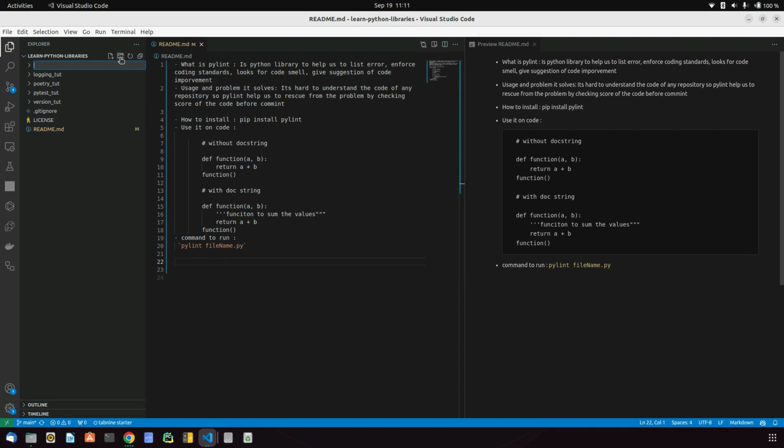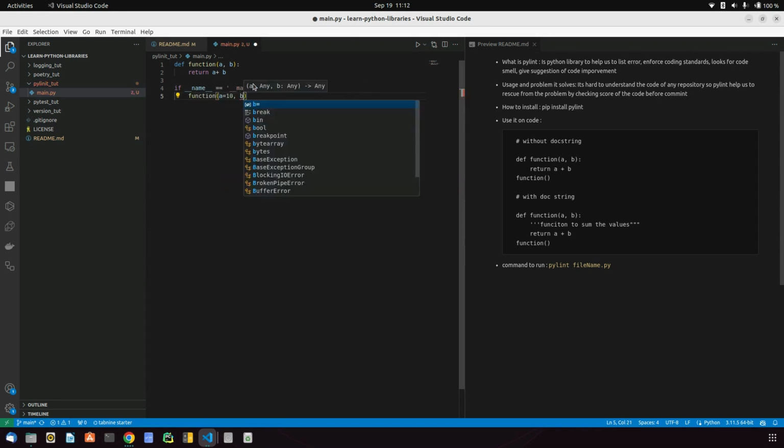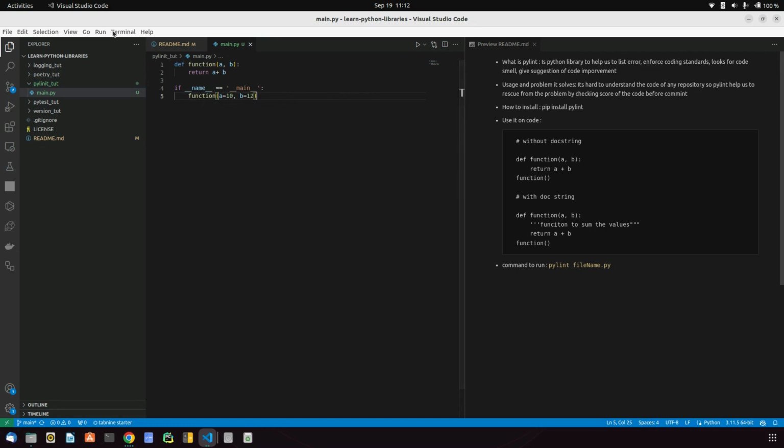So let me create a repository over here and link it. In this I'll create a single file, main.py, and inside that I will create a simple function that takes two values, a and b, and returns a plus b. And in main I'll call it with a value of 10 and b value of 12. And if I run it now,